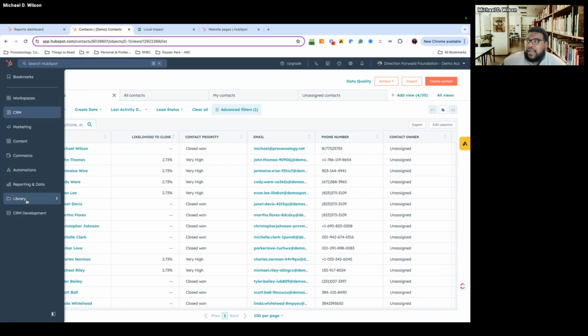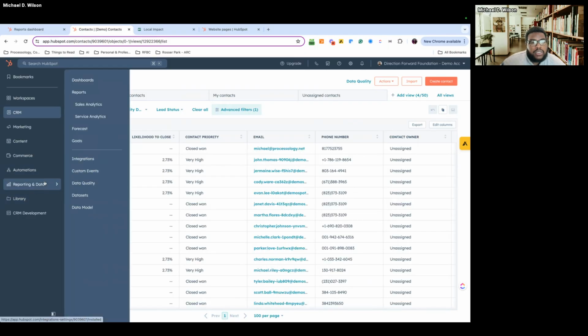The last thing that I think I will cover here in our call today is going to be around reporting. We talked a little bit about reporting earlier when I talked about the dashboards. But one of the things that I think is extremely powerful with HubSpot is that you don't need a third-party tool to build powerful reporting. So when we think about our dashboards, our reporting, and sales analytics, this is going to be more of your donation or fundraising analytics. So just replace sales with fundraising. When we think about service analytics, it's going to be more of your program management, things like that. We have